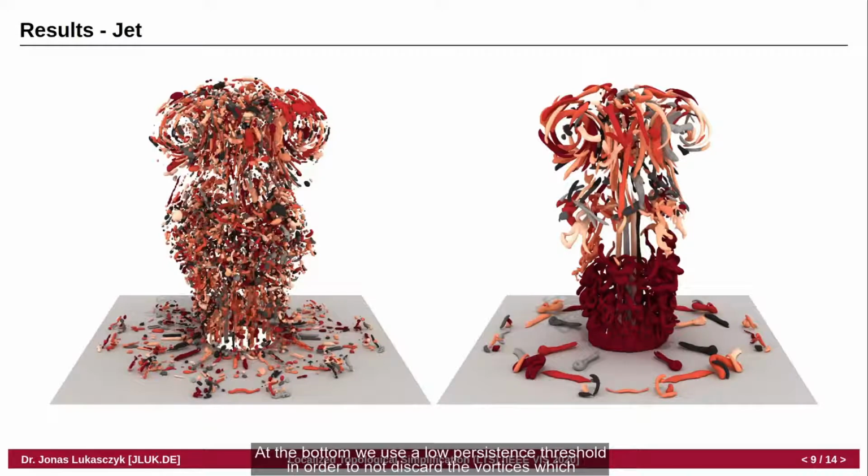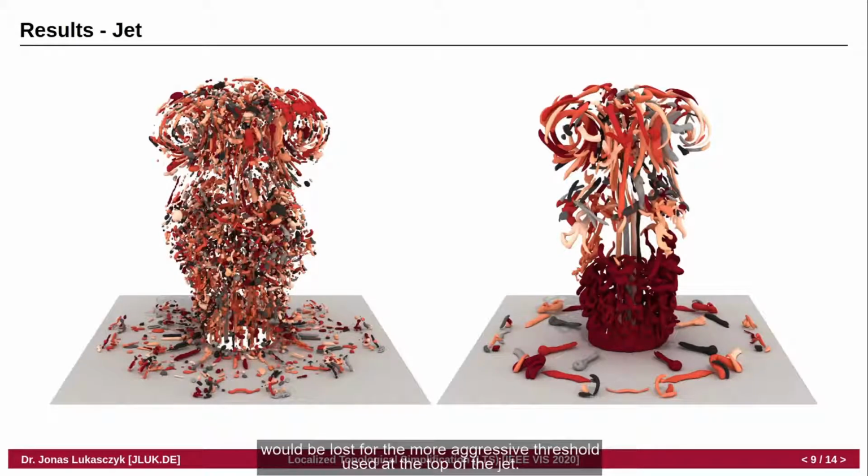At the bottom, we use a low persistence threshold in order not to discard the vortices, which would be lost for the more aggressive threshold used at the top of the jet. At the base of the jet, we actually suppressed all maxima except one, so now they are all segmented as one component. This highlights that LTS can handle arbitrary extrema selections, and that we can also use LTS for interactive